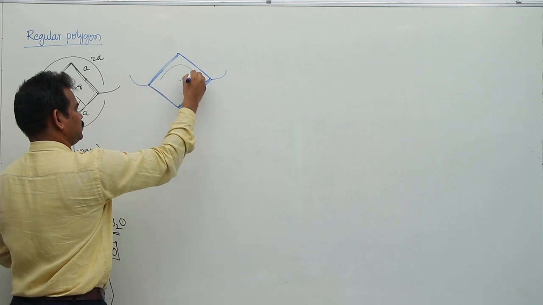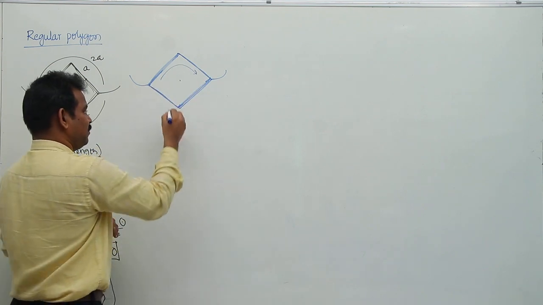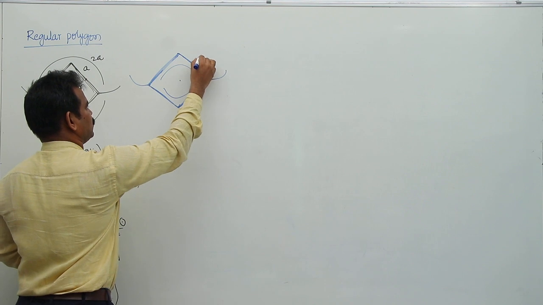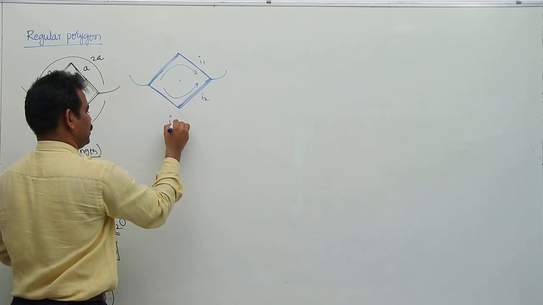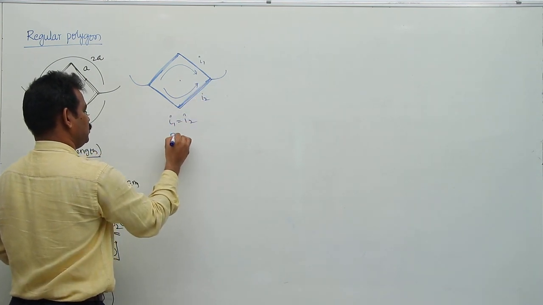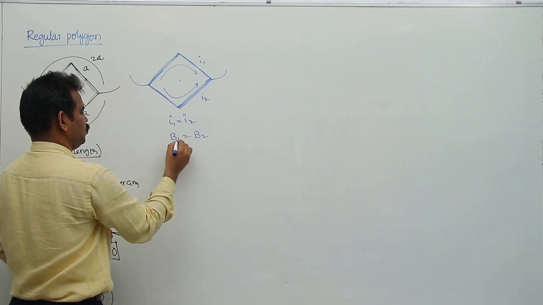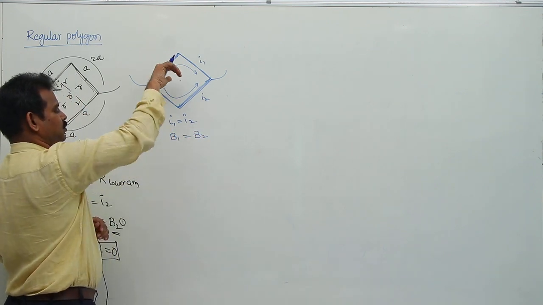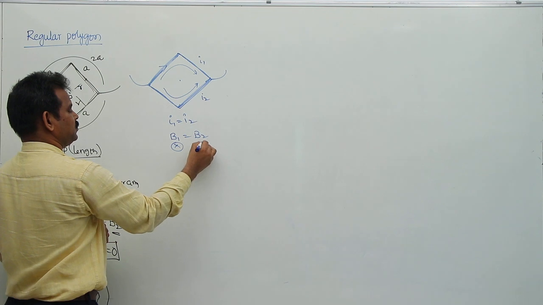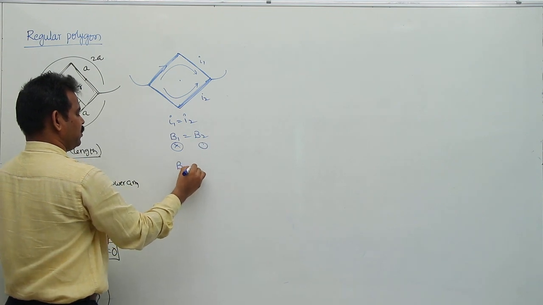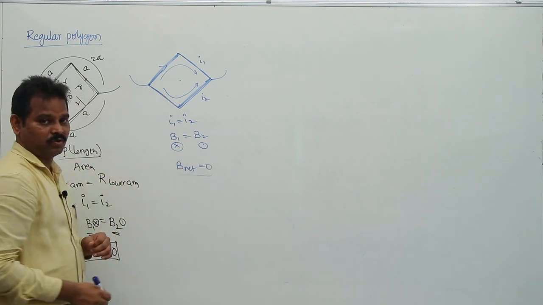So, the resistance of the wire in the upper branch must be equal to the resistance of the lower branch. So, I1 is equal to I2. Here also, I1 is equal to I2. B1 is equal to B2. One is into the board and one is out of the board. So, net magnetic field will be 0 in this case also.